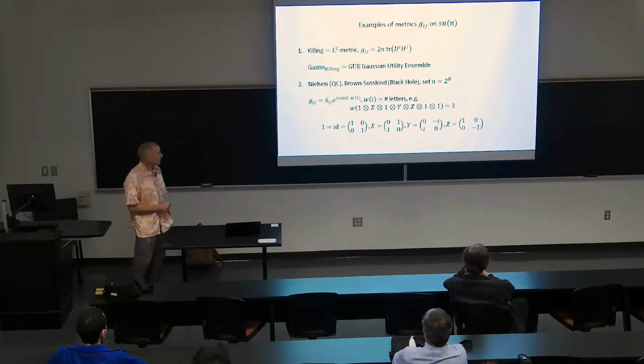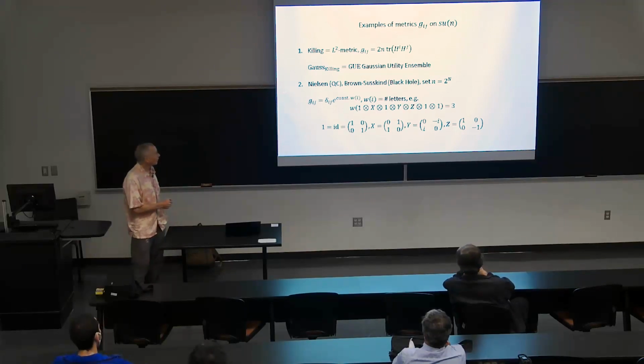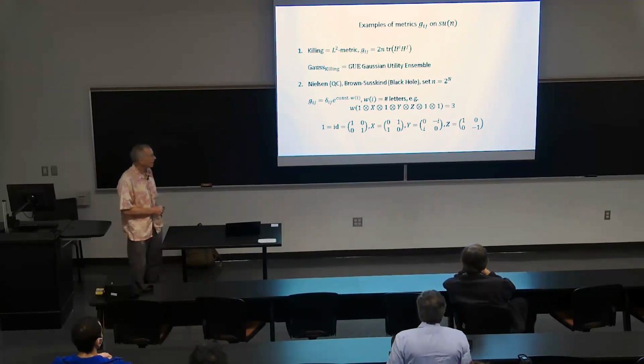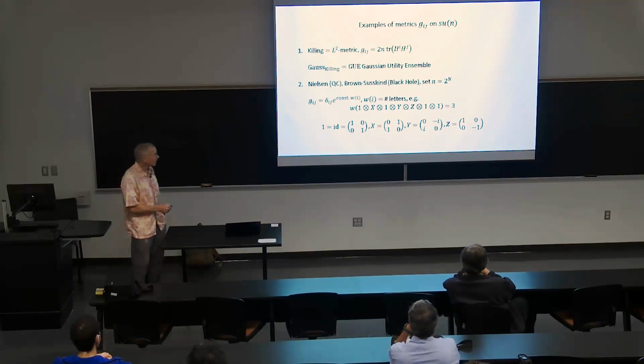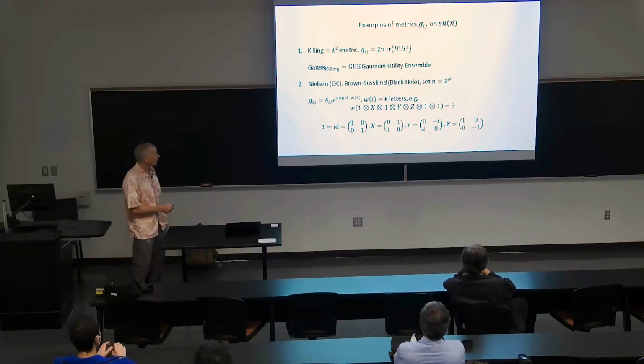But in the last 15 years, from two sources, which used to be very far apart, quantum computation and black hole physics, independently suggested a different metric. I associate on the quantum computing side Michael Nielsen, and on the black hole side Lenny Susskind and Adam Brown. So again, let n be 2 to the n, a power of 2. Then these Brown-Susskind metrics